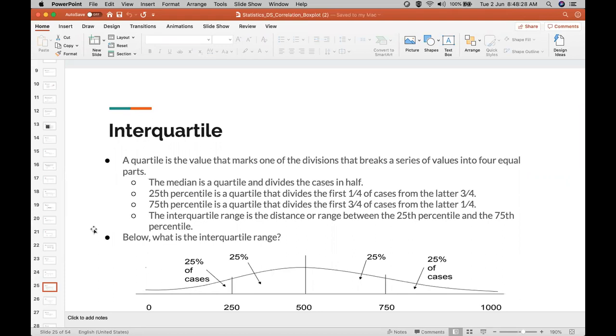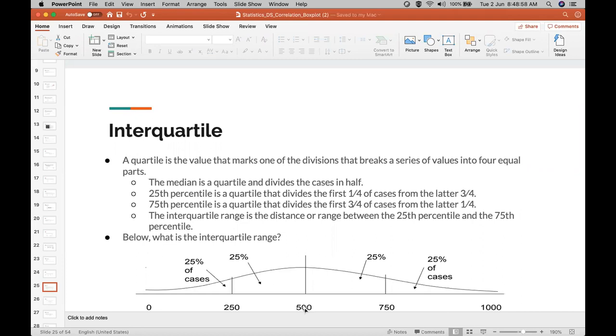Can you see the graph here? This is a normal distribution, right? What's happening? I guess we have some random values: 0, 250, 570. So how do you calculate interquartile range? What you do first, you sort your data in ascending order. Then you find the central value, which is in this case 500. Now, what is the central value doing? Dividing your data into 50%, 50% to the left and right.